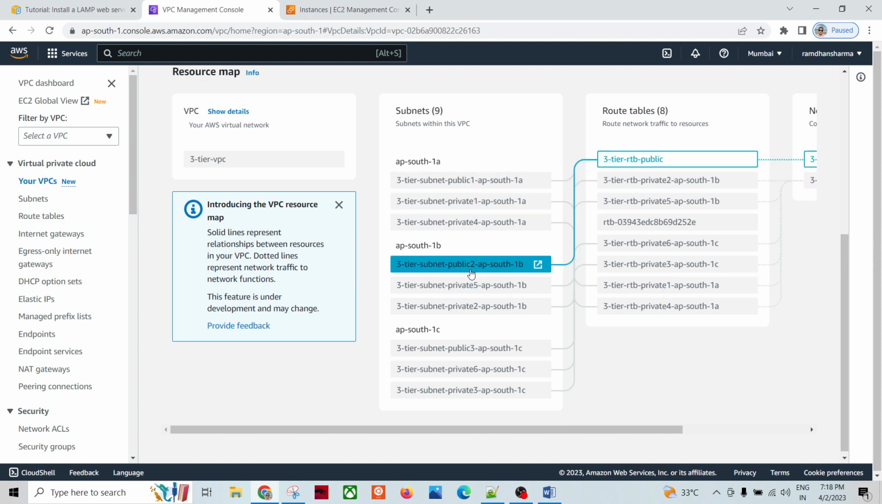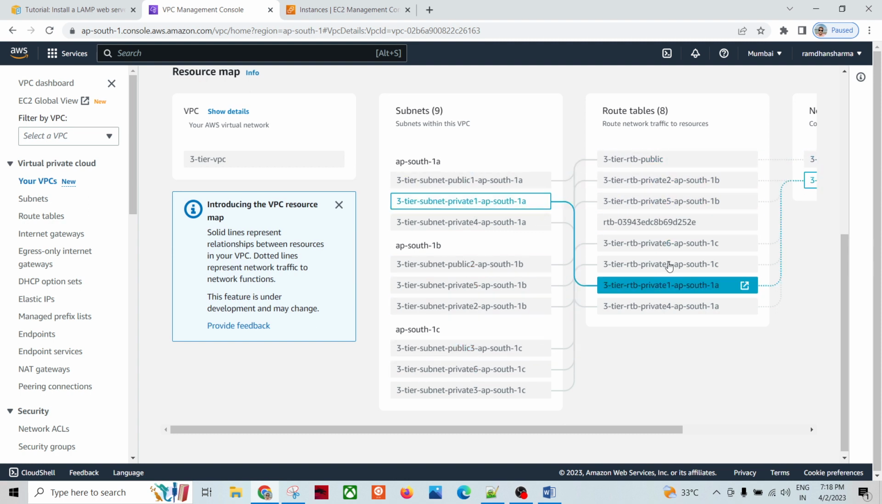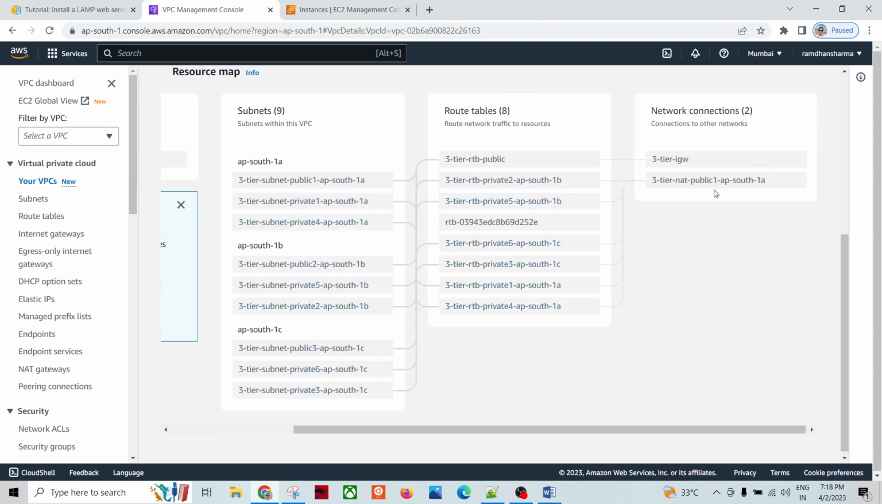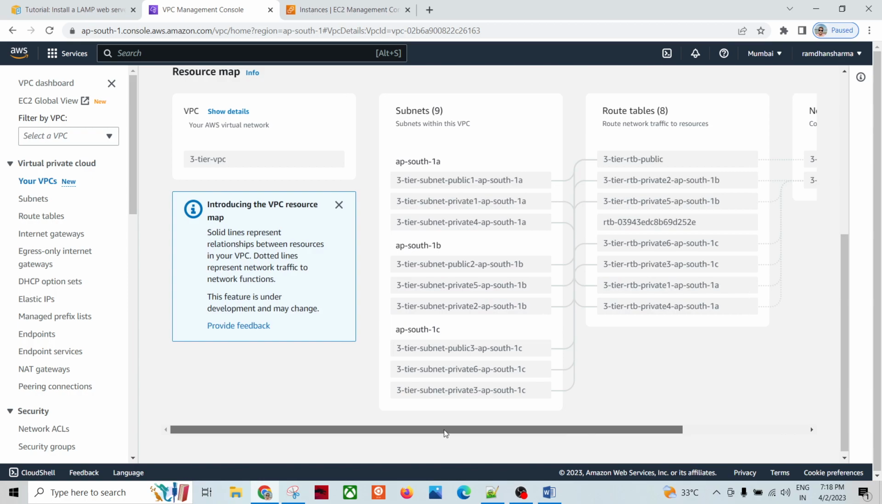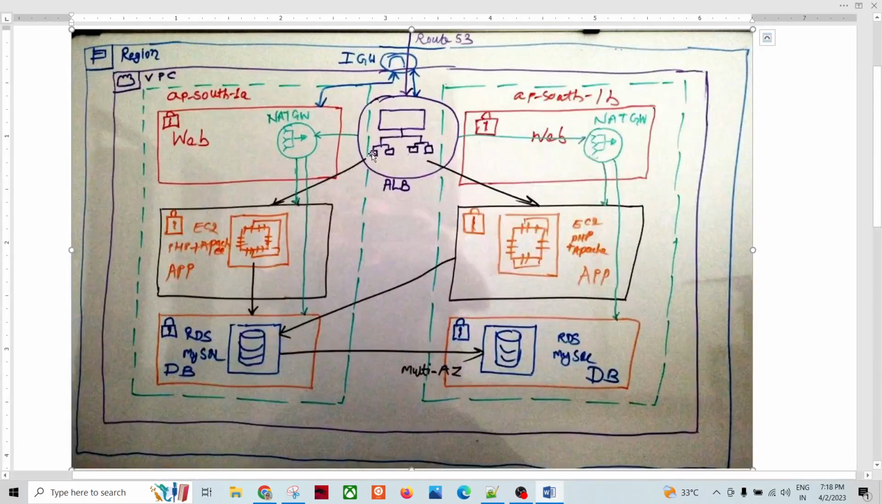Public subnets 1, 2, and 3 in different availability zones, and then the respective route tables. Okay, and internet gateway and NAT gateway. So everything is there, right? If you look at this picture, I have created subnets, I have created the VPC, I have created route